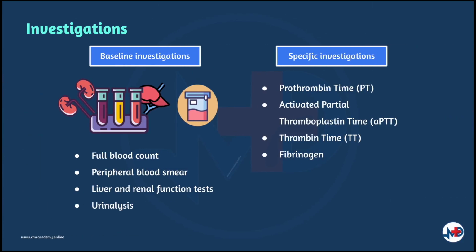Now, we will discuss investigations that can be done. You want to do a full blood count for evidence of polycythemia vera, essential thrombocythemia, and heparin-induced thrombocytopenia. Next, examination of the peripheral smear for evidence of schistocytes can be done, and this is to rule out DIC or TTP as well as hemolytic uremic syndrome. Leukoerythroblastic pictures suggest involvement of bone marrow by tumor.